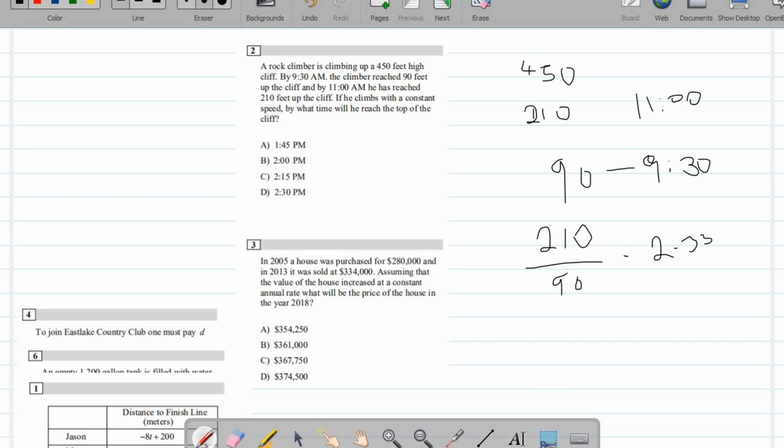So let's assume it's already at 210. We're trying to get to 450. So we're having 450 minus 210. The distance between that is 240. So we have 240 feet, and he's moving at 2.33 per minute. So multiply that